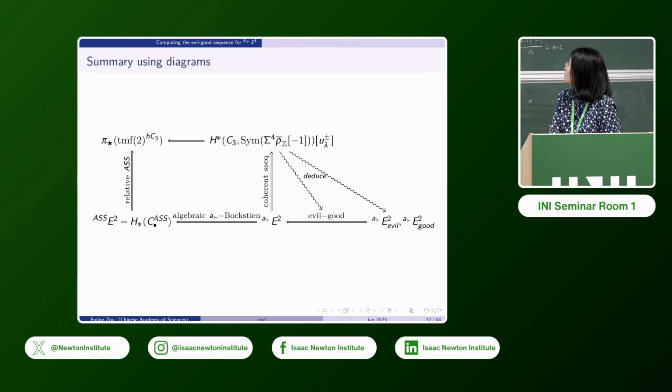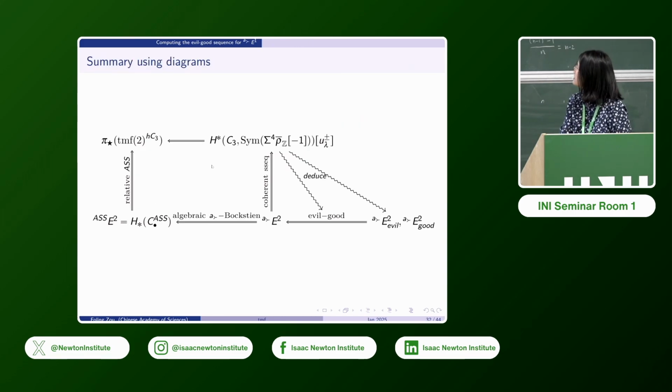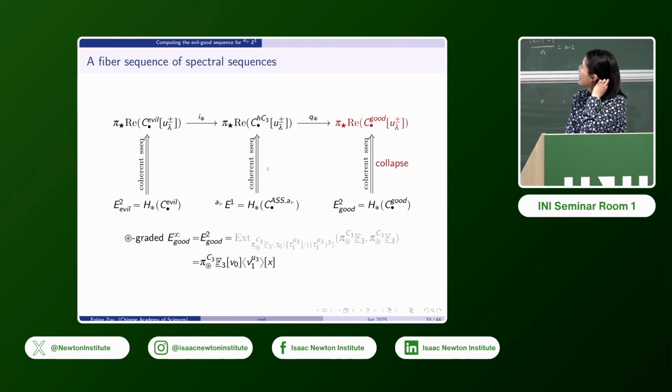Okay, so I've established this square, and I'll also explain how to do this. Now I want to show how to do the right part. So the right part, this is the middle thing, is this spectral sequence we want to compute. And the evil and the good,